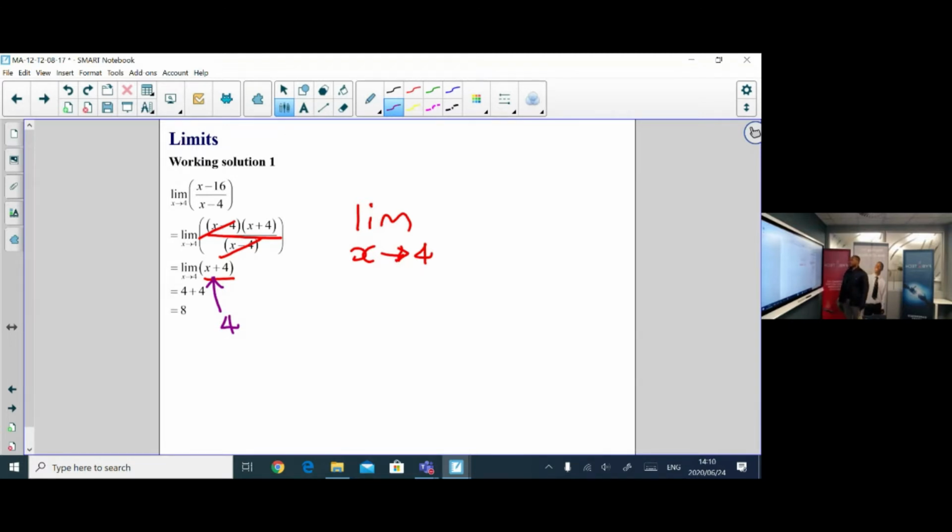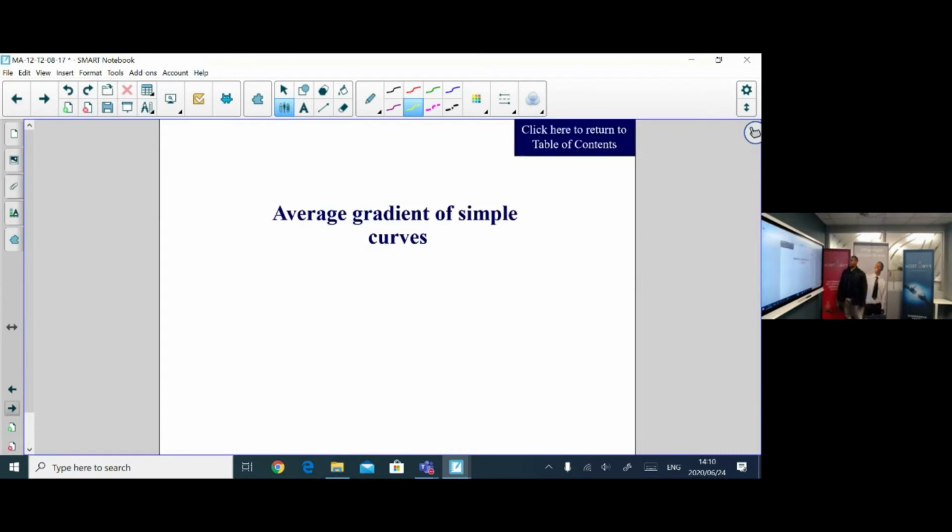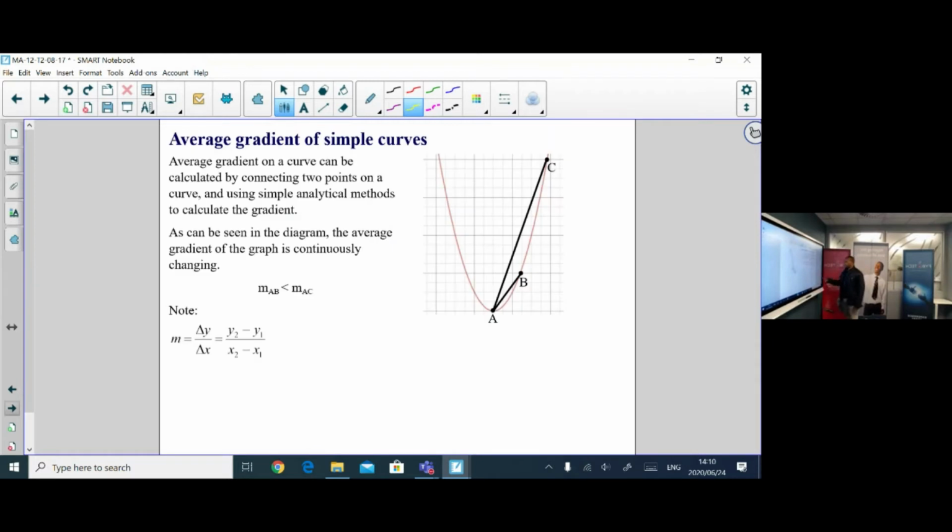So it means the limit of that expression is equal to 8 by calculation. Okay, so that's a good introduction to some of the things that we'll be doing. But first, let's